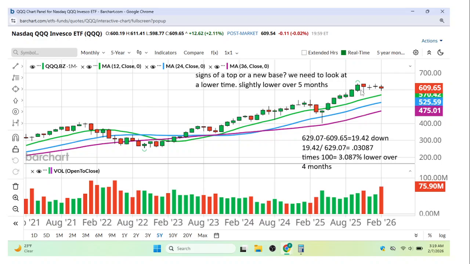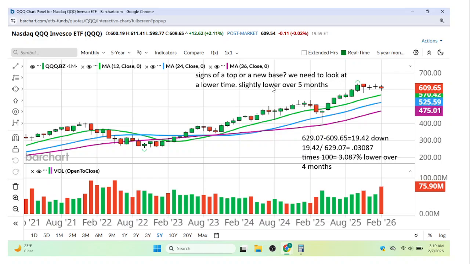To me, it's still just kind of a consolidation in an area of caution. I would not say this is dire at all, but we do have some red volume, indicating sellers are trying to either take profits or get out of this market to some degree. So my question on the NASDAQ is: is this signs of a top or a stage 3, or is this just a new base and we need some more time for valuations to catch up to current prices?